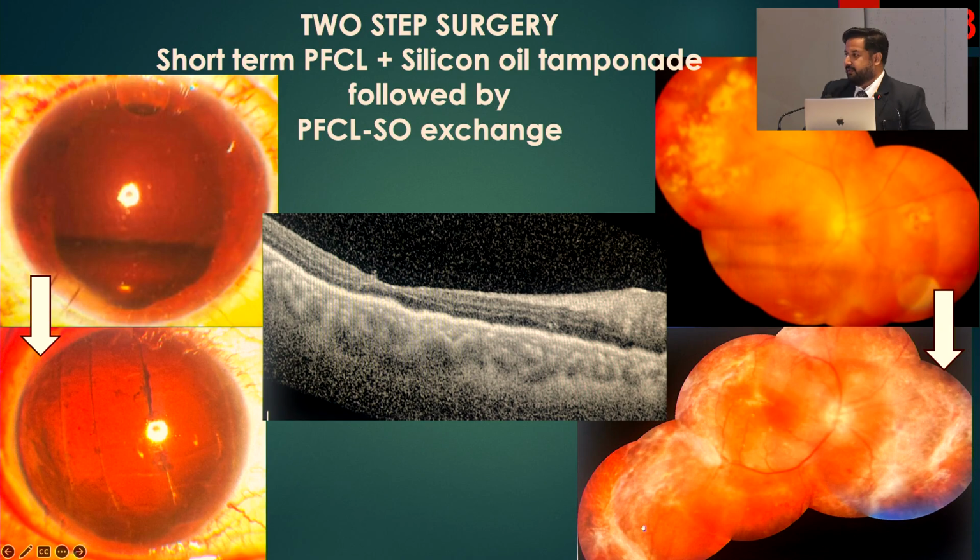And here we left the PFCL, because whatever PFCL I was putting, it was coming out of the big tear. So there was no option other than putting a PFCL for some time and making the patient lie straight, so that the retina settles to some extent. Then using this Prolene suture, which will try to hold the oil behind, and in the second setting,